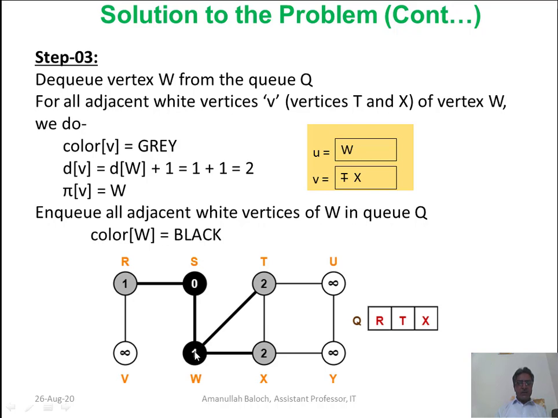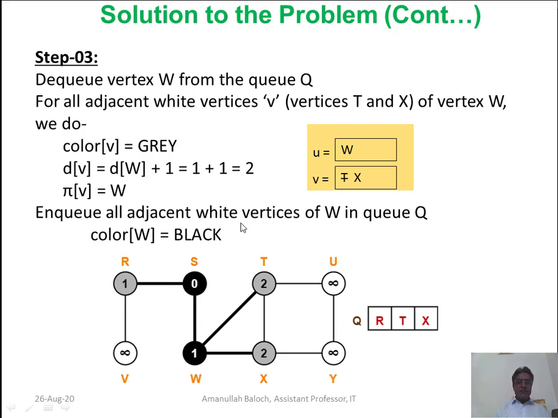The distance of W is 1, and adding 1, it becomes 2. Distance of T will be 2 and the parent of T will be W. So the parent of T will be this W, which has been doubled.